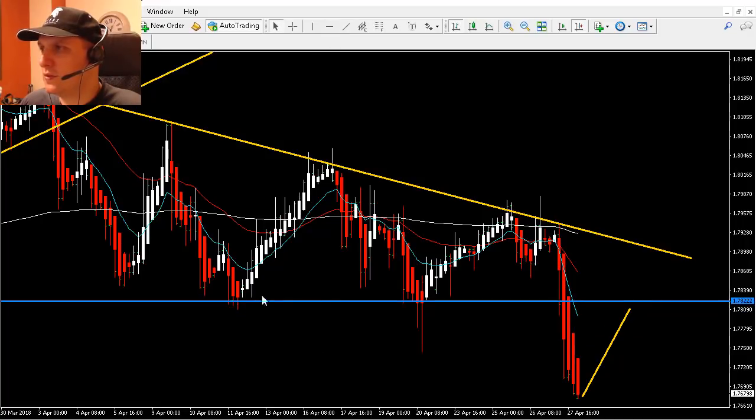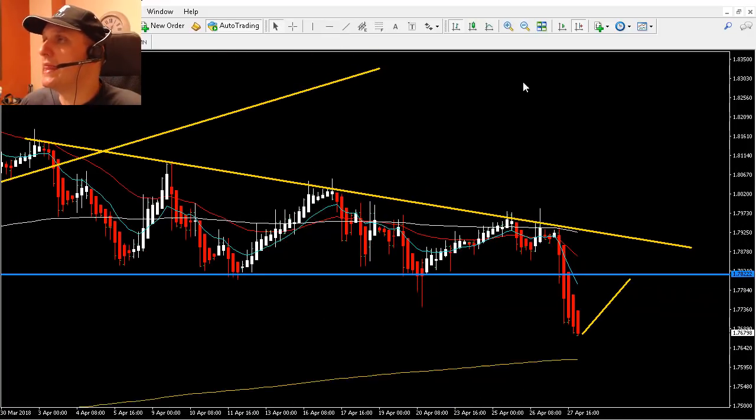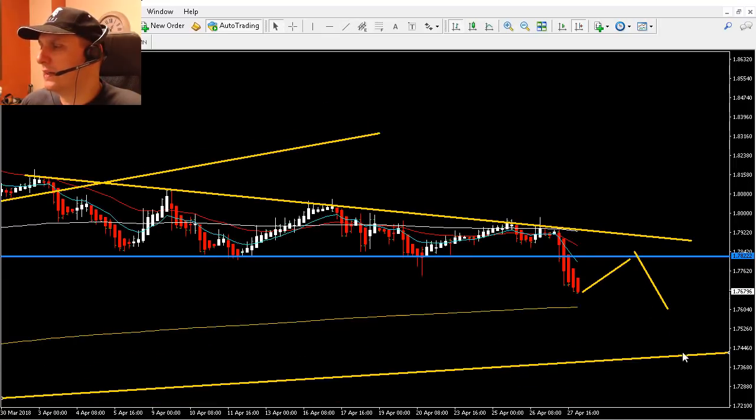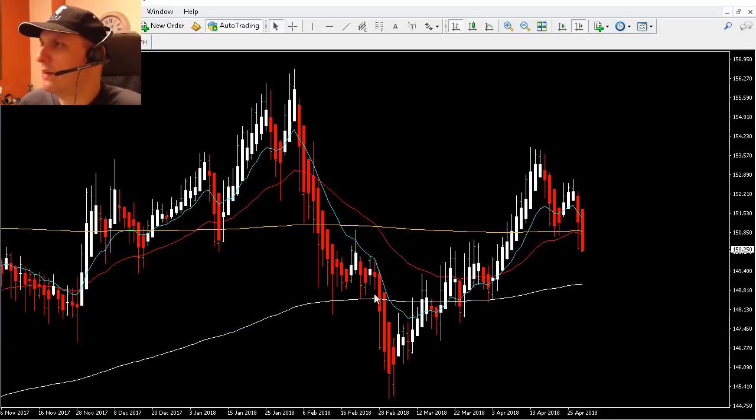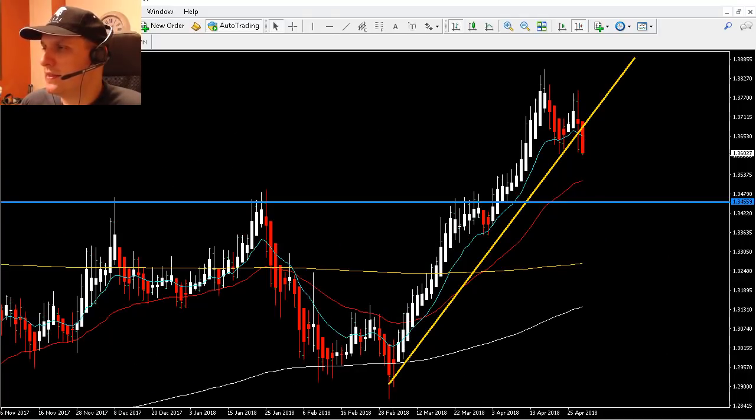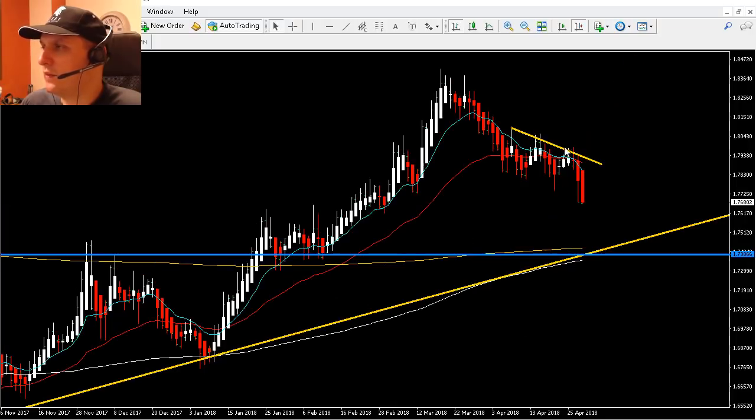Maybe this previous support will act as resistance, and then we look for some short trades to target the support area with low risk trades, like always. Do the same on the GBP/JPY, GBP/CHF. It's the same story. GBP/CAD, wherever you do it, make sure you find a setup before price